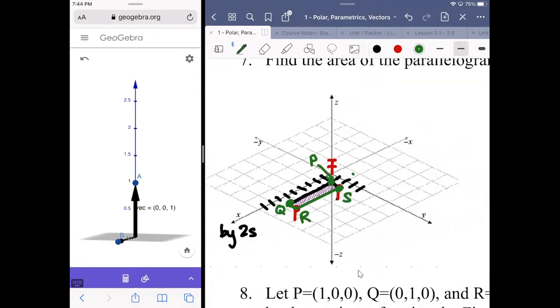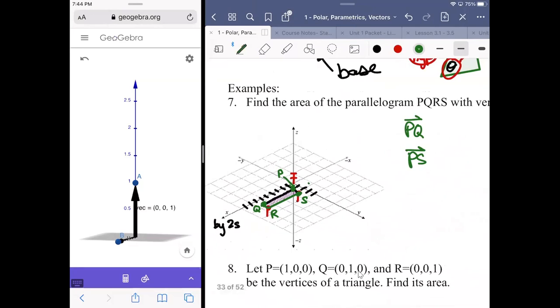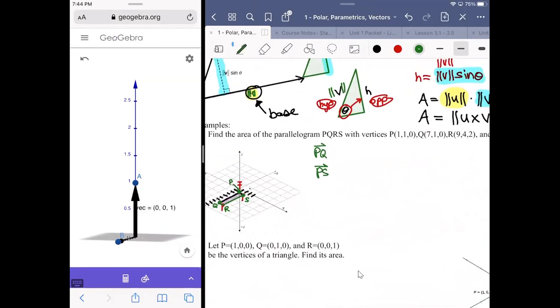Right? So what I would want to do is find the vector going from P to Q. Then I want to find the vector going from P to S. Because those would be adjacent vectors. They'd be pinned at the same location. And then once I find those, I'd find the magnitude of the cross product between them, using whatever technique makes sense. Right? So P to Q,